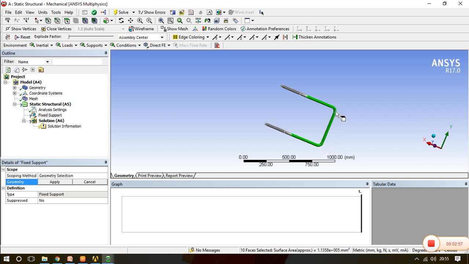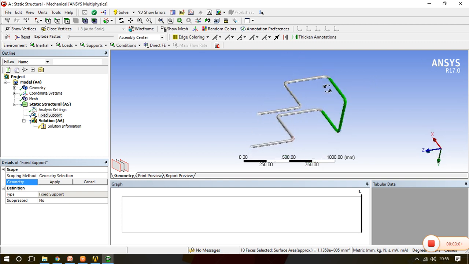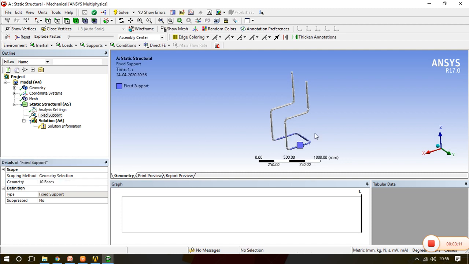We are just dragging the mouse. So this much portion of the chair should not have any displacement. So I'll apply it. This much portion is not having any displacement, so I apply the boundary condition there.